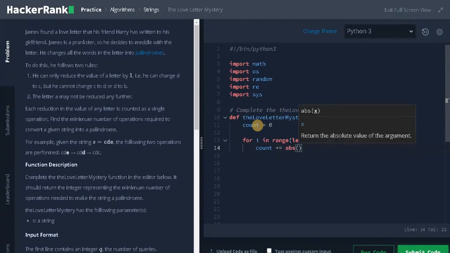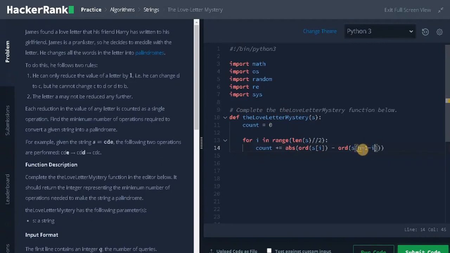Now I am going to find the ASCII value of the character, ord of S of i minus ord of S of. So here we need to consider the last character, and for each iteration it should go backwards. So we can use n minus 1 to represent the last character, and for decrementing we will use minus i.